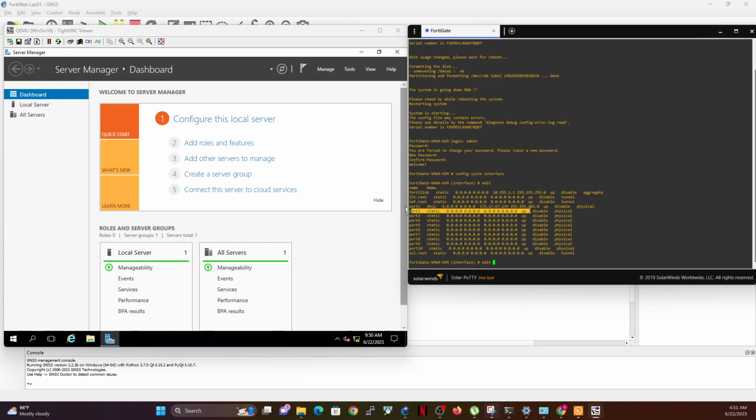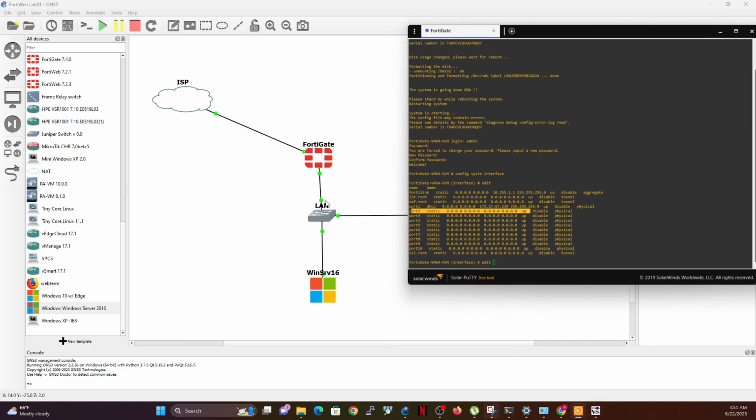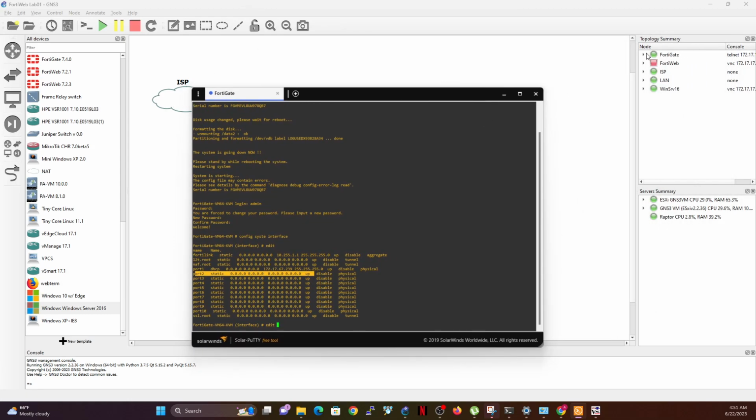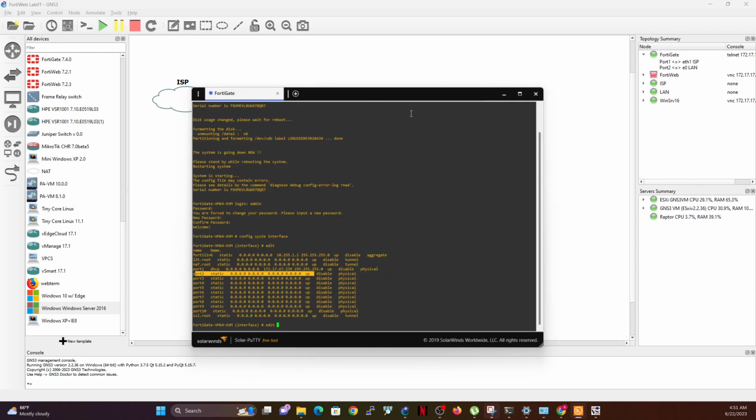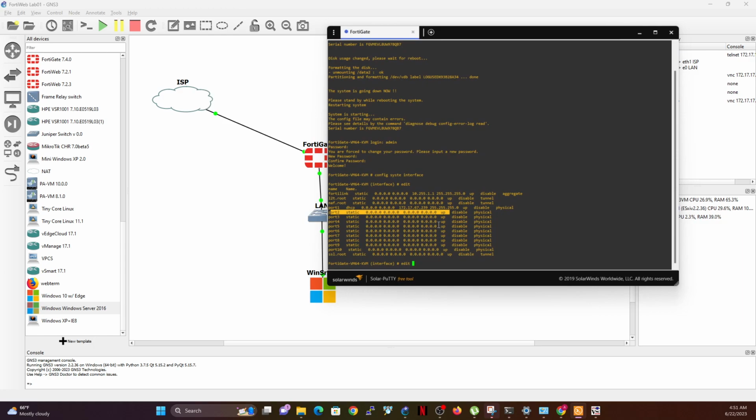So I could set my port 2, which is basically where my LAN is connected to. My LAN is actually on my port 2. You can verify that by expanding. You can see port 2 goes to my LAN. So I can actually configure the port 2 address on the FortiGate.